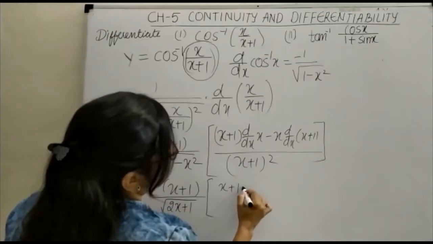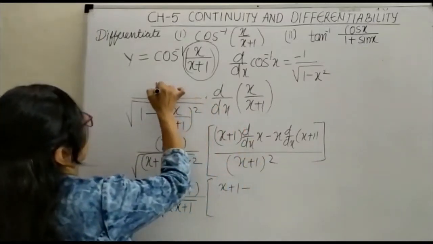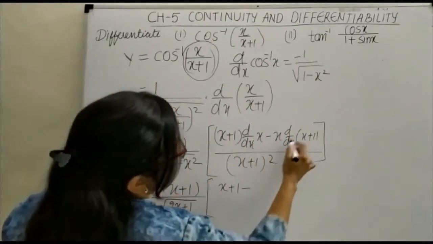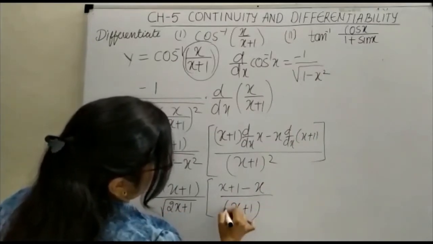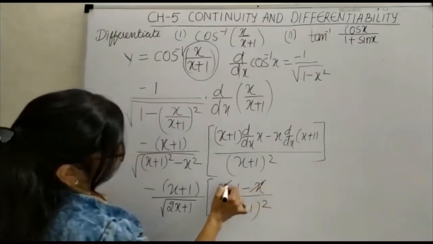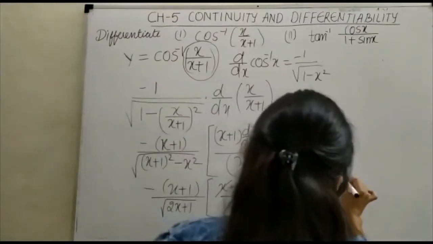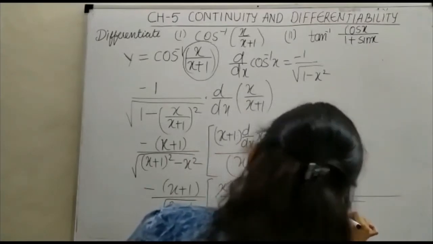So here it is minus, we'll have this minus also here. So you can apply this minus sign and here it will be minus x upon x plus 1 the whole square. You can see that this will be cancelled and we are here with minus 1 upon under root 2x